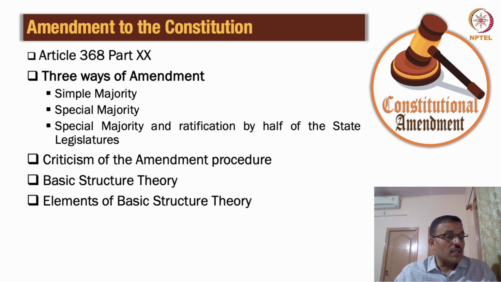Now, the procedure for amending the Constitution is as follows. It is quite an elaborate procedure, but let me just tell you a few things about how the Constitution can be amended. An amendment to the Constitution can be initiated by introducing a bill in either House of the Parliament. But please note, such a bill cannot be introduced in the state legislature. So it is only the central government or the federal government that has the power to change the constitution, and the state governments have not been given that kind of a power.